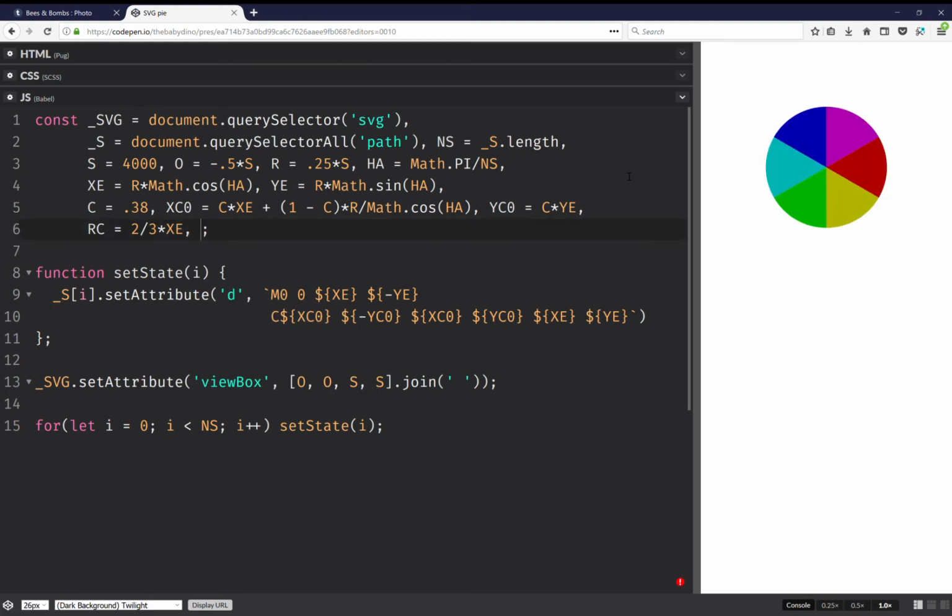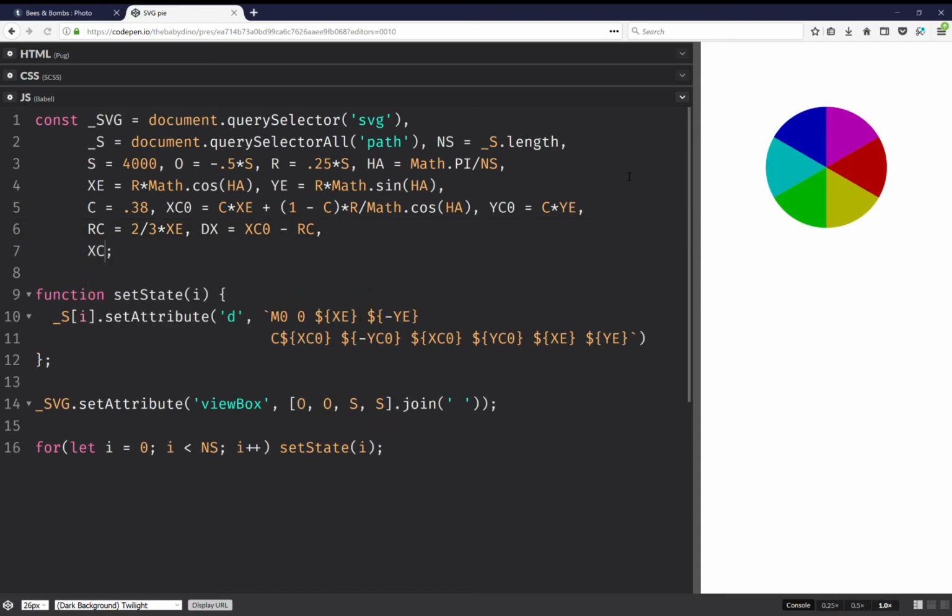And then, because the rotation doesn't happen around the 0, 0 point, it happens around the RC 0 point, I'm going to compute this difference that I'm going to be using, xc0 minus rc. And then in computing the first control point, so the one rotating this point, yc0 minus yc0, I'm going to add again this rc that I'm subtracting here. And then I just have rotation, like I'd have rotation around the 0, 0. So dx times,